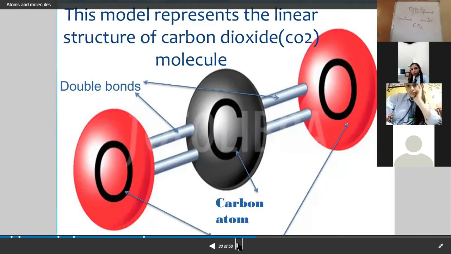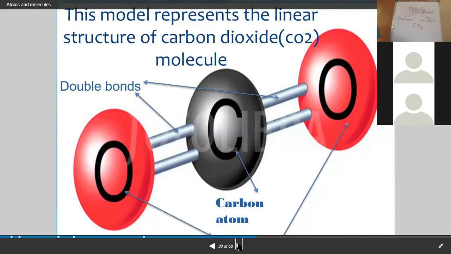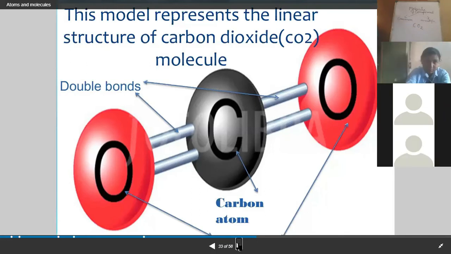What is electronegativity? The tendency of an atom in a molecule to attract the shared pair of electrons. For example, if carbon has combined with oxygen, is it that carbon has donated the electron towards the oxygen so as to form the compound? No. Always remember, a compound between two non-metals will always be formed by sharing of electrons.